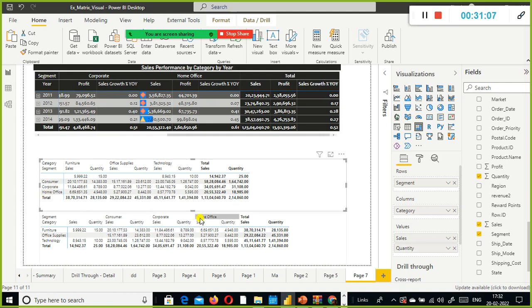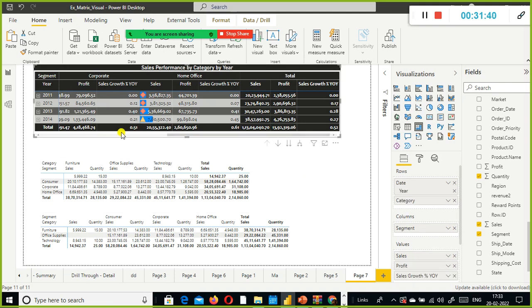So consumer, corporate, home office became rows and the rows became columns. Got it? So this is what pivoting is. You can do pivoting with lesser effort just by swapping the values between these two fields under the axis section. In this section, you can convert the rows into columns and columns into rows. That's what we can do.